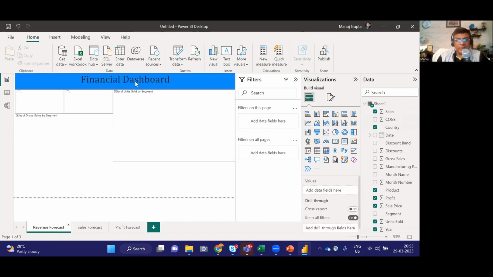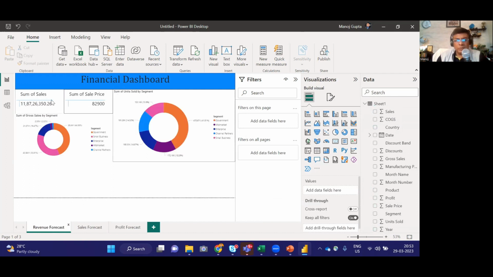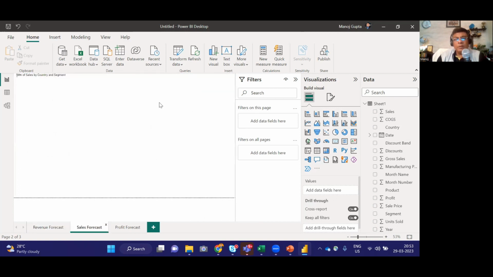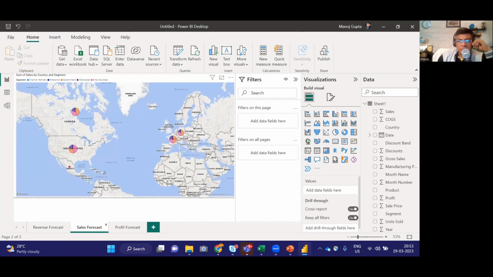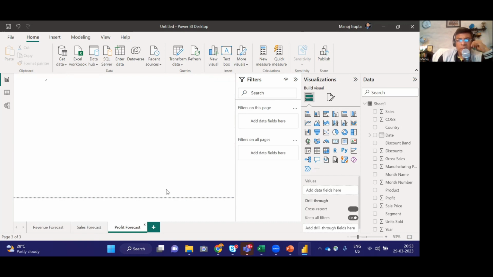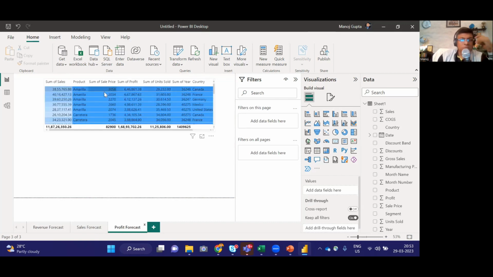One is our financial dashboard that we have created with the total sum of values and different segments. Then we are able to create the world map with sales across the regions. And then we are talking about the profit forecast. With this profit forecast, we are able to generate this part. Okay. Once this is all created, what you can do now,